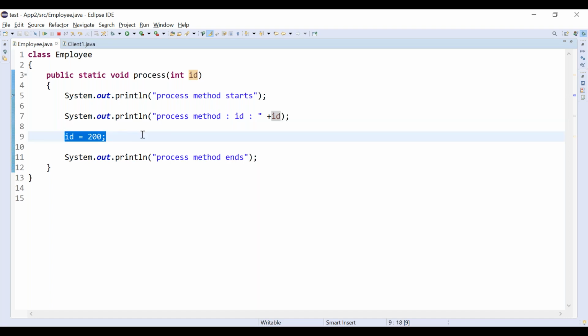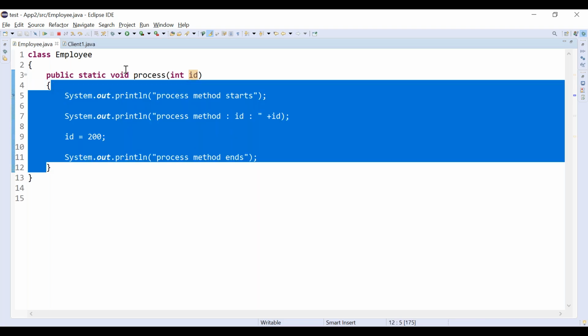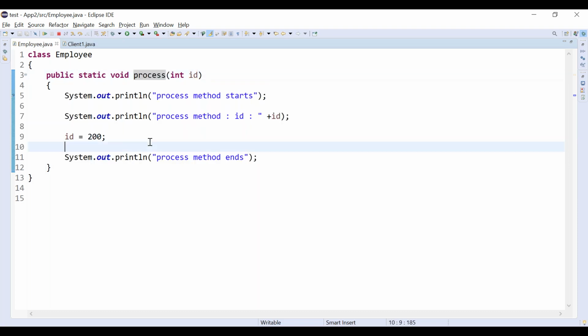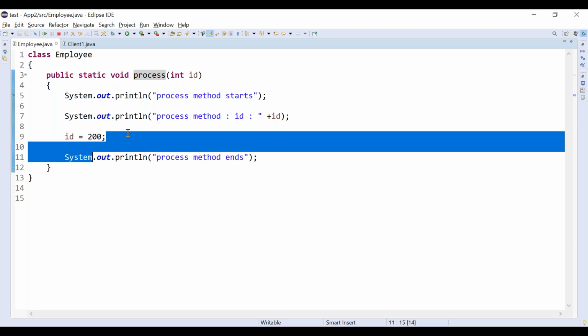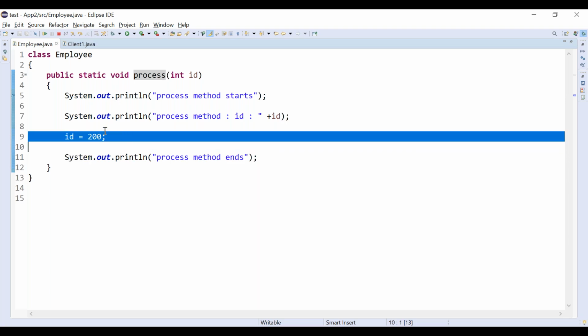Whatever changes you are making in pass by value, changes are local to the called method. Changes are local to the process method.